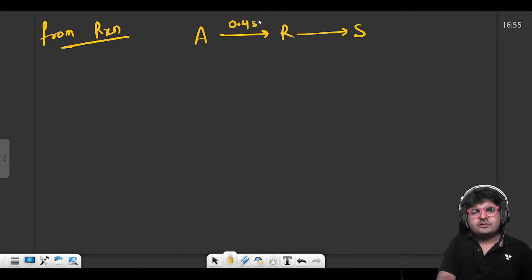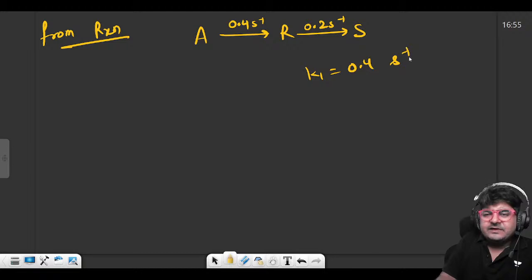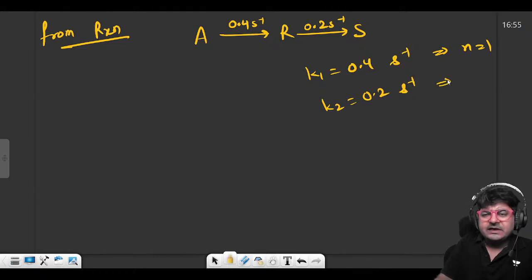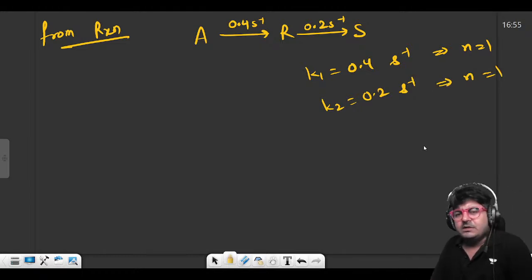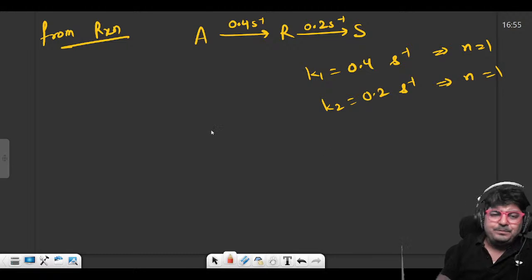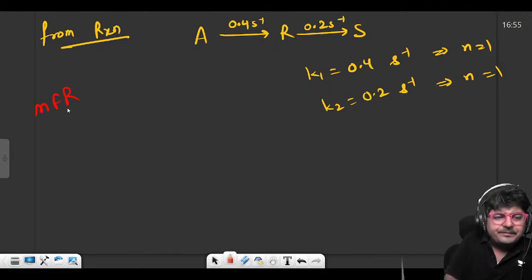This is 0.4 second inverse. This is K2 0.2 second inverse. So it is obvious K1 is 0.4 second inverse. That means first order. Unit से clear है. K2 is 0.2 second inverse. That means this is also first order. है ना? अगर MFR में हो रही है फर्स्ट केस, तो you know tau max will be equal to,